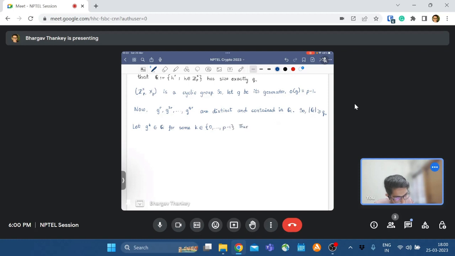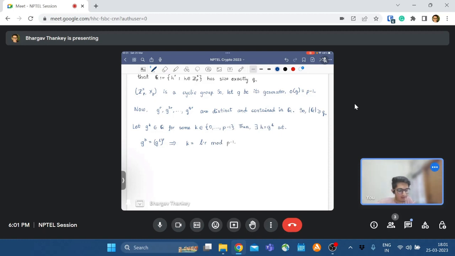Then there exists h equal to g to the n such that g to the k is equal to g to the n. I should write this L times R mod